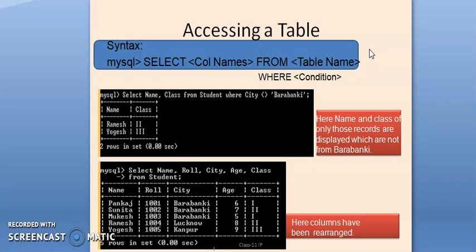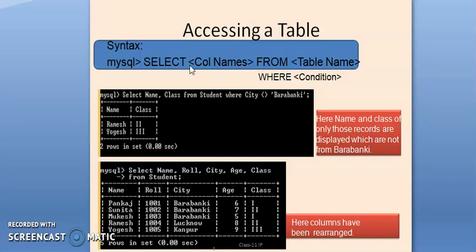Now after that we will see here: select column names from table name where condition. If you want to access specific columns, not the whole record or whole column, but a specific column according to a specific criteria, then students, what you have to do? The same command is used for that, the select command, but the manner of writing it will change according to the criteria. The main command is the select command. It is used to access the records from a table.